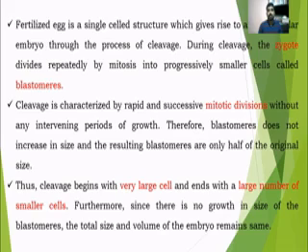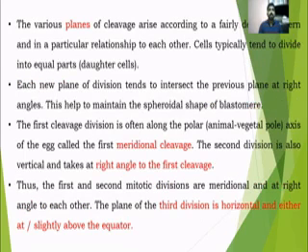Means there is only one very large cell first, and then it is converted into very small cells, the blastomeres. The total size remains as it is, and the volume of the embryo remains as it is, but only the number of cells is increased. This is the most important, essential thing. So the division of the cleavages